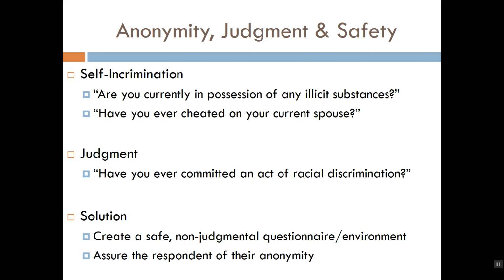Even if she's had an abortion, she's not going to say, yes, I murdered my unborn child. Because it's a really mean way to ask that question. That's a very judgmental way to phrase that question. But if you ask that same woman, have you ever happened to have an abortion at some point in your life? Well, you've asked that question in a way which allows you to gather the information you need, the prevalence of abortion, without making the respondent feel judged, so that they feel like they need to give you a misleading